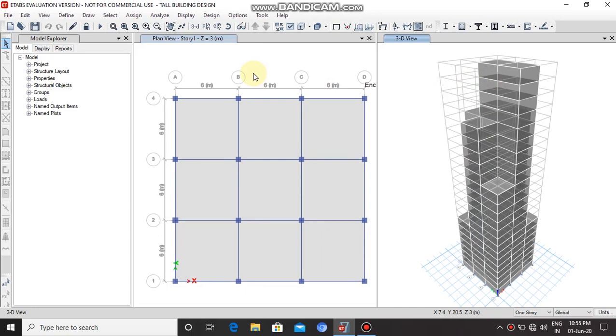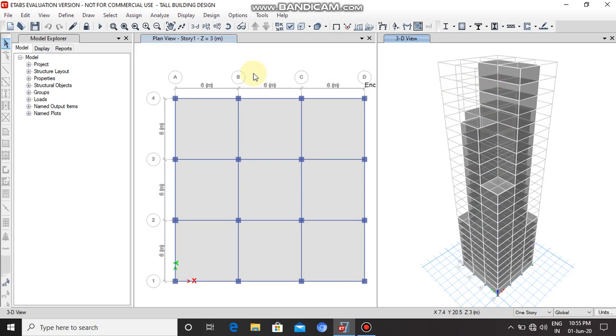In this video, we are going to design a project of foundation design of a building model. We are going to design a mat footing for a building. In this, we are going to take the parameters obtained from the tall building design course from the previous project.